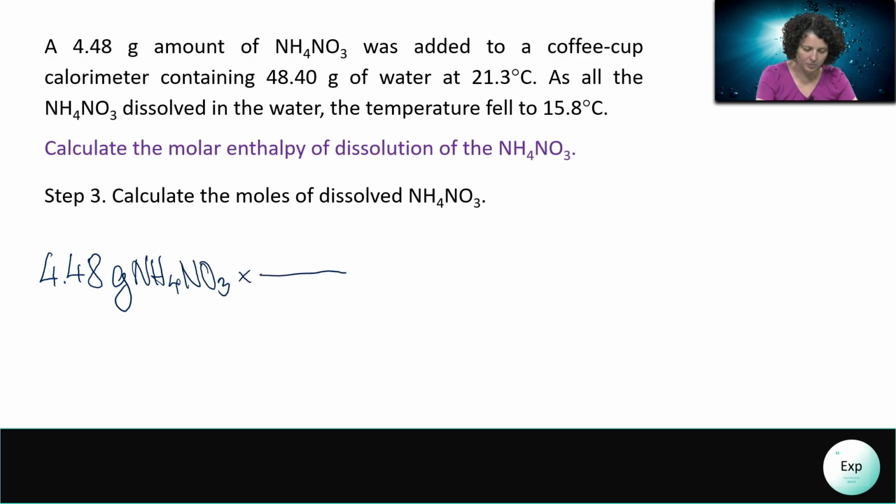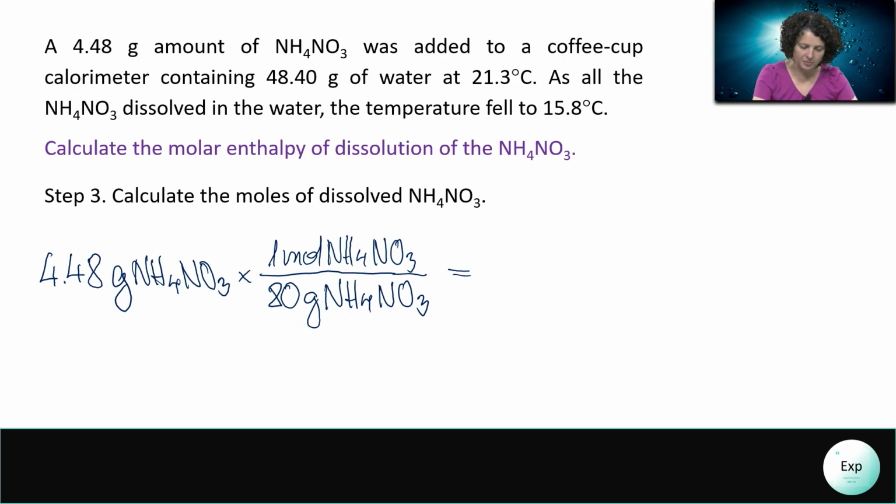And we are going to multiply it by a fraction, where on the top we have 1 mole of ammonium nitrate, and on the bottom we have 80 grams of ammonium nitrate. This fraction simply means 1 mole of ammonium nitrate weighs 80 grams of ammonium nitrate. By canceling the grams of ammonium nitrate, we're going to have our answer in moles of ammonium nitrate,